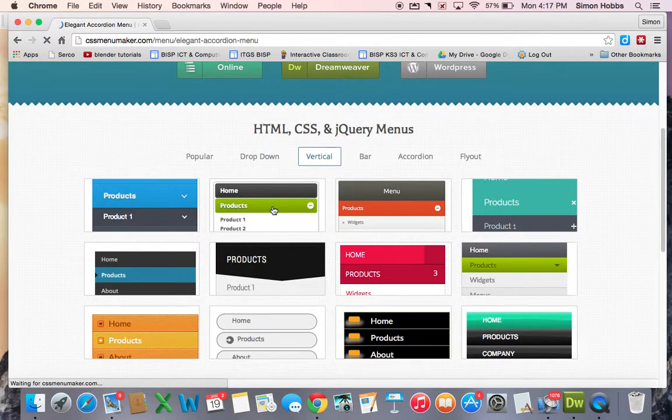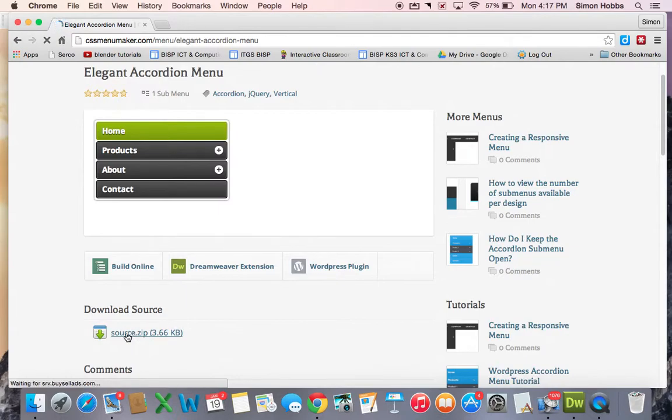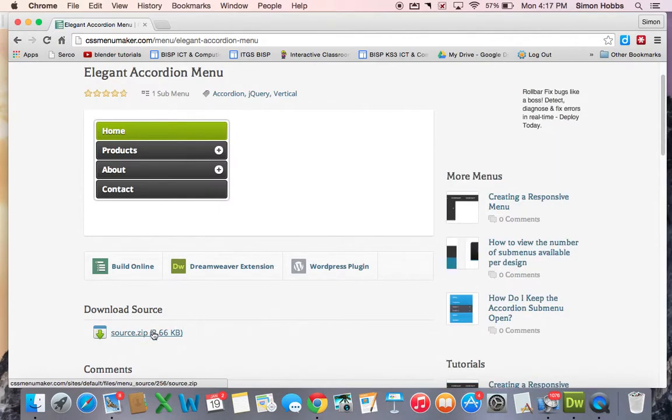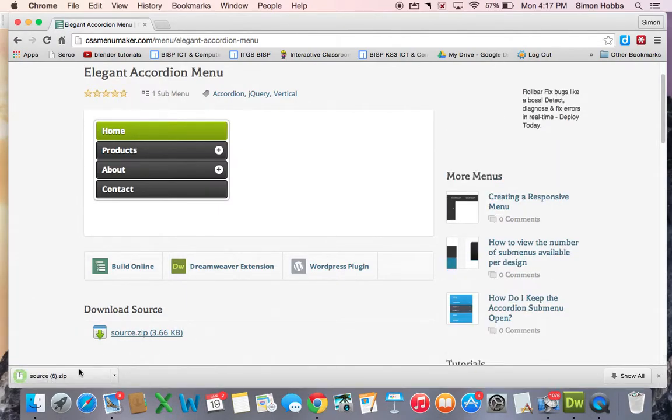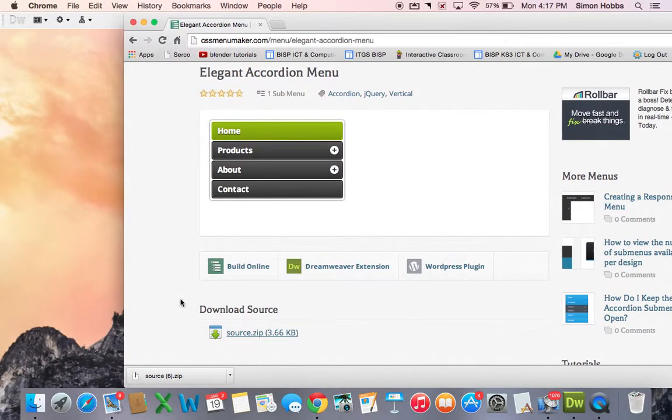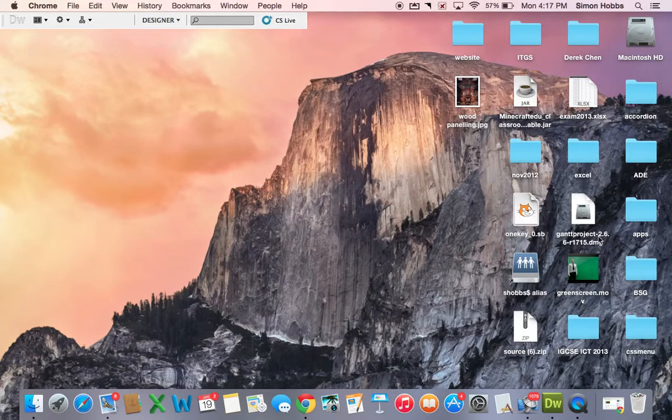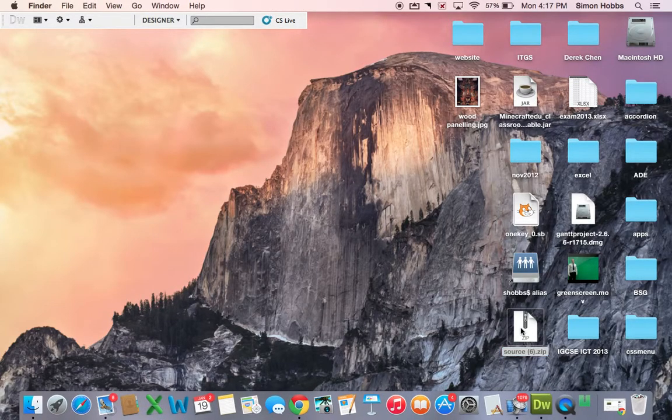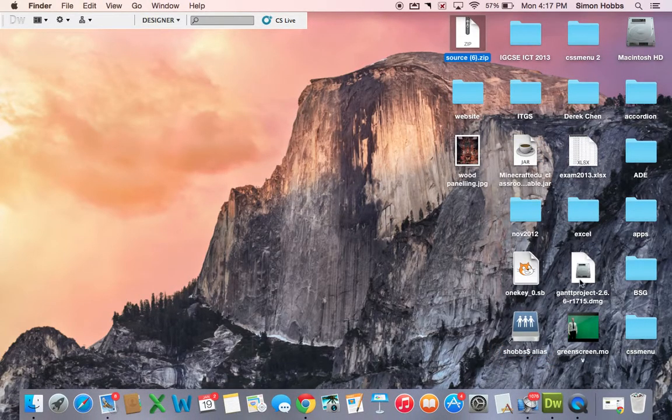Make sure that it has a downloadable source file. If it does not, you'll have to choose another one. So once you've found one you like, go ahead, download it. It'll be a zip file, and then if you double click, you will find, here we are,